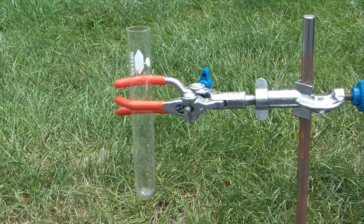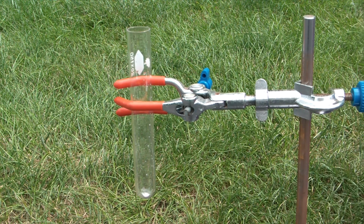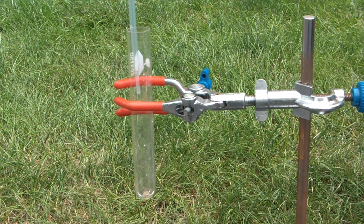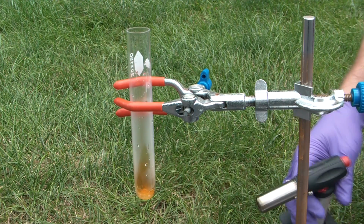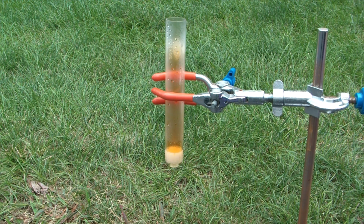So now that we have our pellet of reasonably pure silver, I'm going to drop it into the test tube here and add a small amount of nitric acid to get some silver nitrate in solution. Going to try to use as little nitric acid as possible. Apply some light heat. That's reacting nicely, generating a good bit of nitrogen dioxide. So I'm just going to get this silver totally dissolved, and at that point we'll be ready to turn it